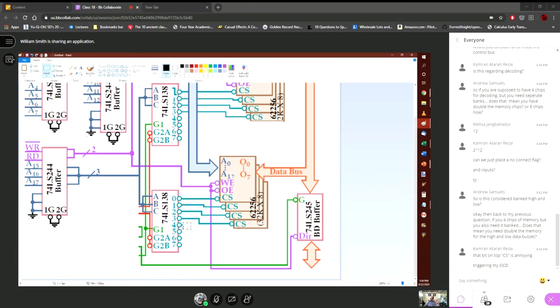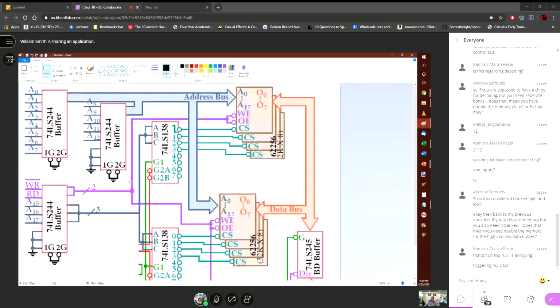So the big thing is that, and I may have to kind of wave hands a little bit here as I go on, but okay. So you have no connect flags on 4, 5, and 6 here, right? So the address bus, you're going to have 0 through 12. You're going to ground these top 2. It's not going to matter anyway. But your address bus is coming through here, and your address bus is going to pick up 0 through 12 and come out here and go to the 2 groups of the upper data bank and the lower data bank. So the BH, depending on which one's which,